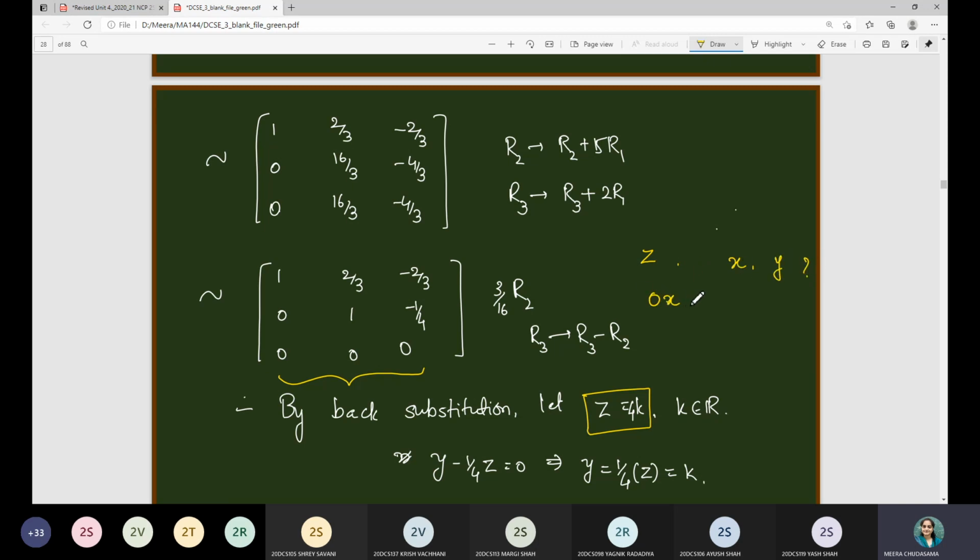Because in the last expression, if you see, by the back substitution, you will have this equation. And this will be satisfied by any of the value of x, y and z. In that case, why only z has been chosen for the scalar quantity? Are you getting my question? Yes, ma'am.